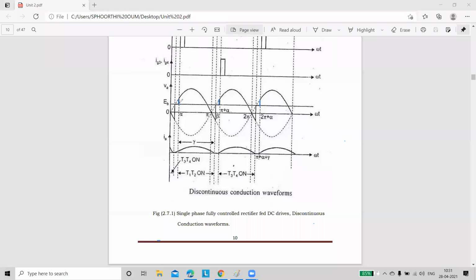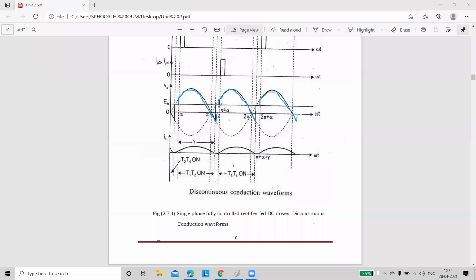Now, just assume what the firing angle value is here, approximately. Is it more than 90 or less than 90? Less than 90, maybe 30. Clearly less than 90, approximately nearby 30 to 60. So whenever you draw the waveform, you get the output voltage like this. Just observe up to here only. By observing these waveforms, we are saying that it is discontinuous. Is it right? Yes, ma'am.